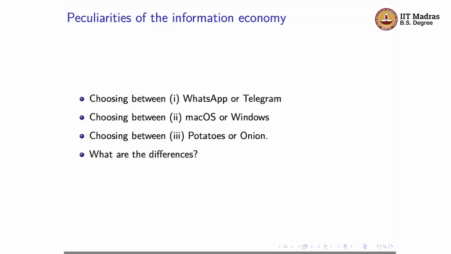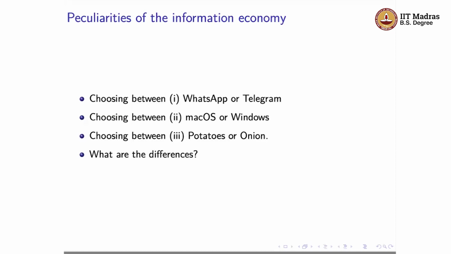Again, when you're thinking about a choice between Mac OS or a Windows operating system, here perhaps price becomes one of the features that you might want to think about, because typically one operating system might be more expensive compared to the other, especially when you combine it with the hardware on which the operating system is used. But another feature that is going to be important is that you typically want to be on the operating system which has the maximum number of software that you are interested in using, right?